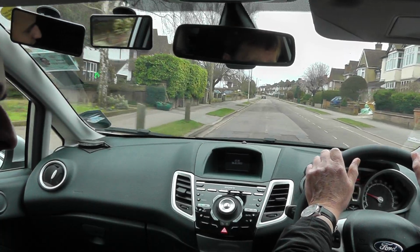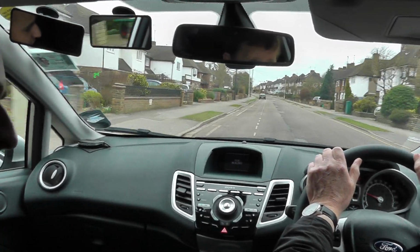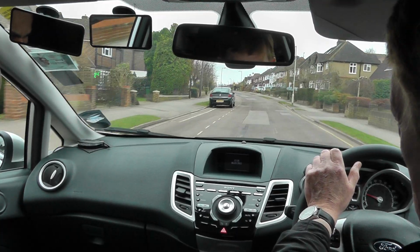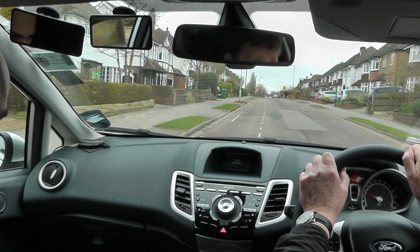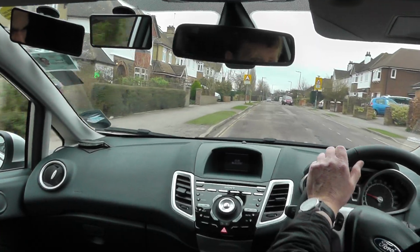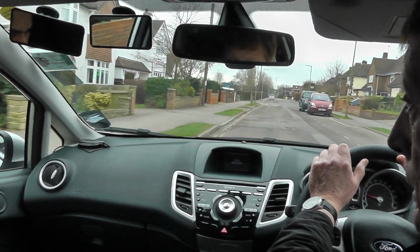Not necessarily. But I hope you're going to carry on with that explanation. I would. Go on then, carry on. You wouldn't necessarily roll in first gear at every junction. You'd judge each junction and assess what type of junction it is. Am I going to turn left? If it's a closed junction...